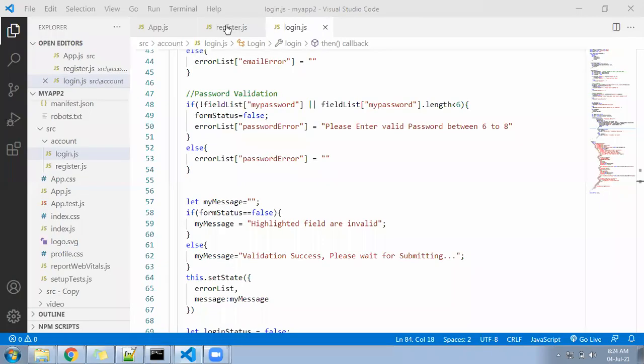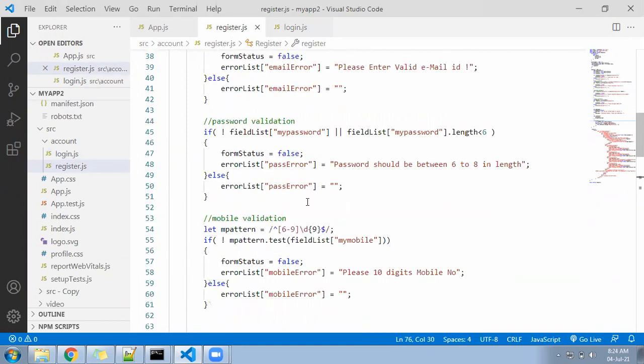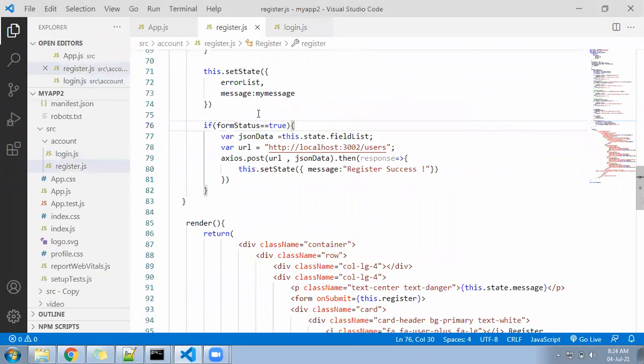Now the flow, since yesterday it was a little fast. In the register page, you are collecting the input from the user individually. After collecting the individual data, we check all validation, and if everything is successful, we post all the array data to this particular user object under this port number. That's a JSON server where you have a user object. Inside the user object, it will keep appending multiple array elements. Finally, the message, because a JSON file cannot give you a message, so we have added here register successfully.